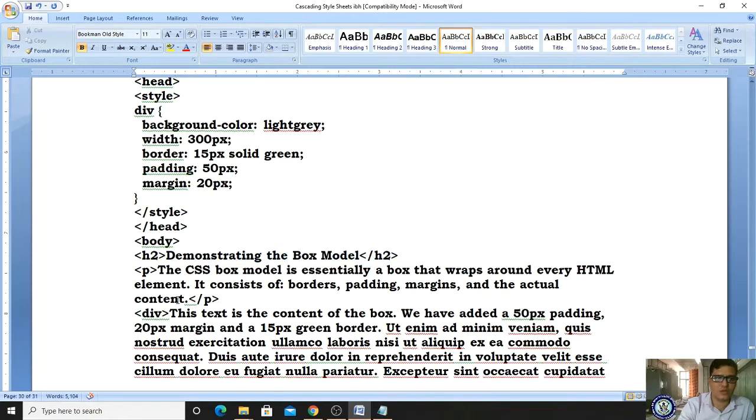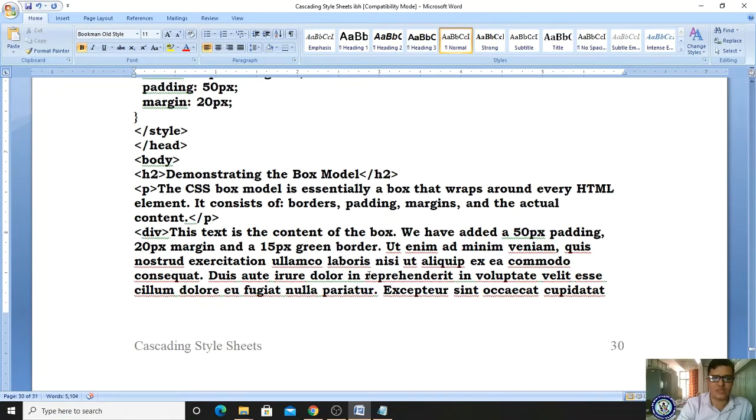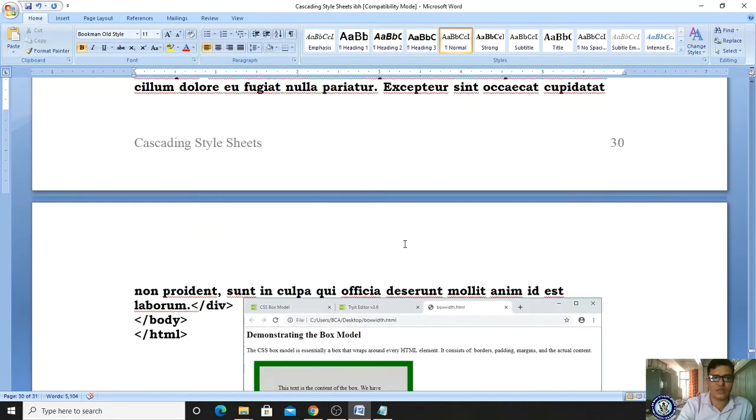Okay, here you can give that styles. And in the paragraph, some content is also displaying. I'm not giving any styles, but I'm taking a division here. Some content is placed here, and whatever content is placed will appear within that division, within that box.